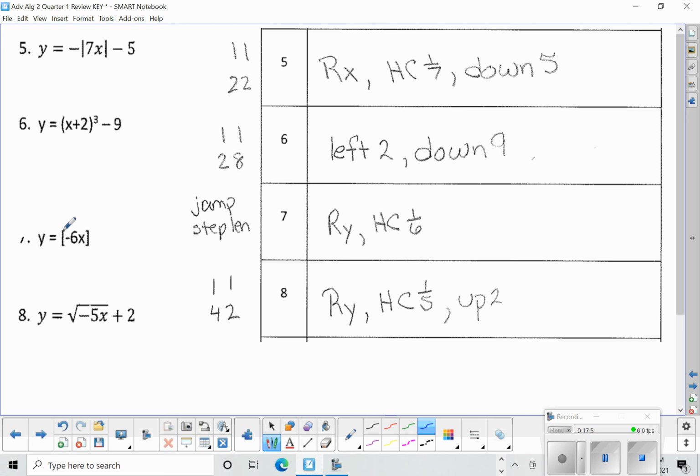Number 7, this is your step function. When we graph it, we think about our jump and our step length. Here, I'm just asking you to describe the transformation. The transformation here says that a negative on the inside will reflect over the y-axis. This is going to result in my open dot being to the left and my closed dot on my step